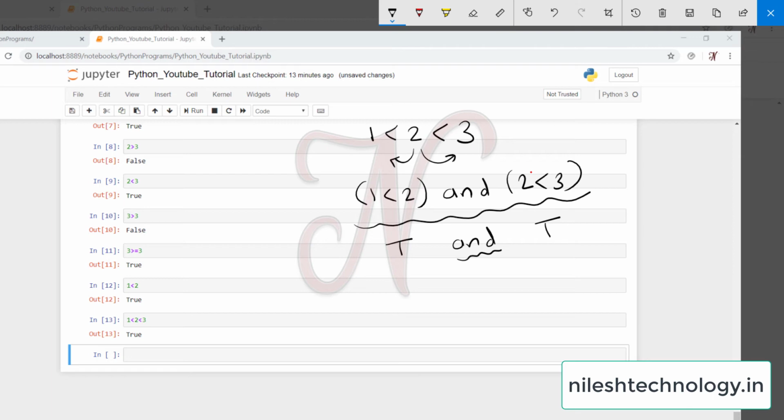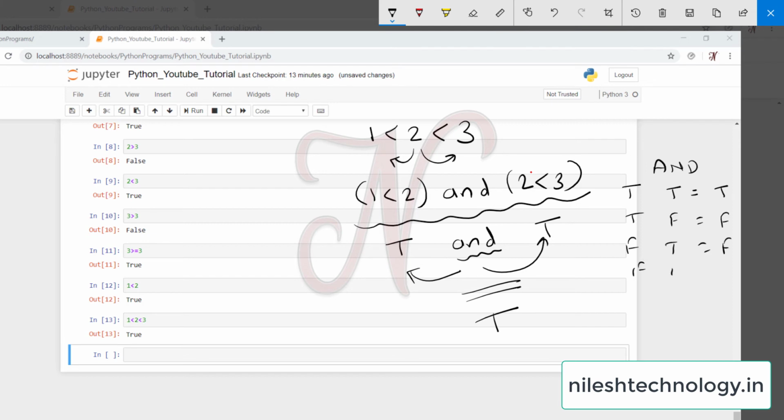In logical AND, both conditions must be true. If both are true, then AND is true. If one of them is false, then AND is false.